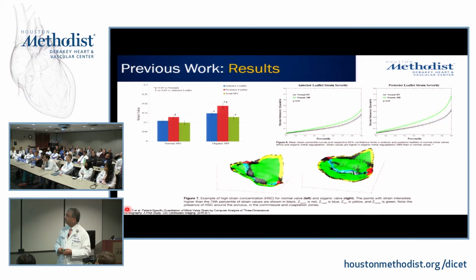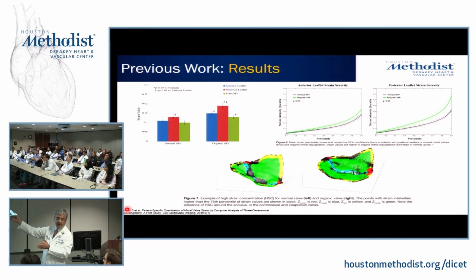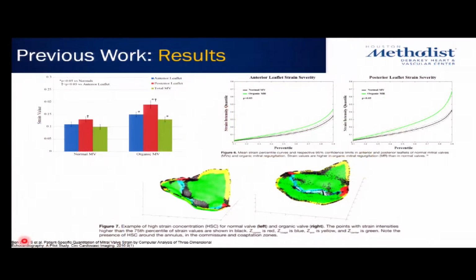Okay, and then what we did here is take a look at organic mitral valve versus normal, right? And you can notice one thing is that posteriorly in red, posterior strain appears to be high in those 10 patients. It took months to come up with these, is that the strain posteriorly is much higher than anteriorly, right? And interestingly enough, we hypothesized that maybe because the posterior strain is so much higher, that's why every time you see calcification of the annulus, it is posteriorly located.